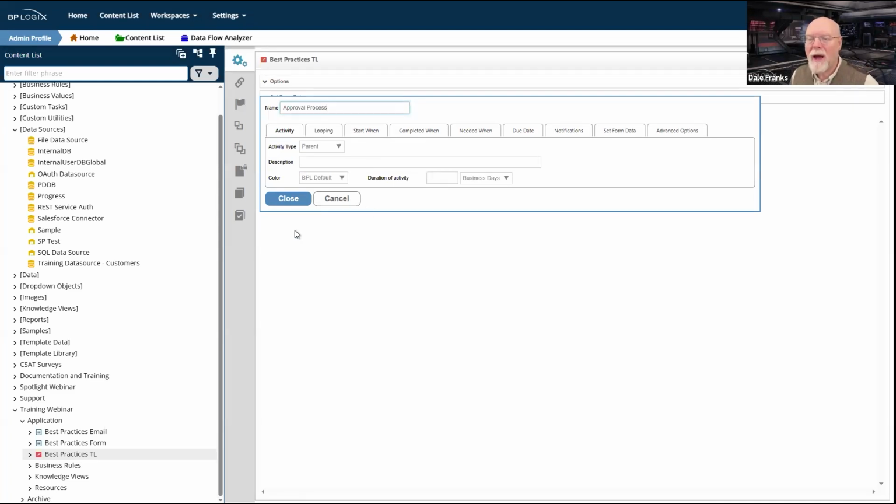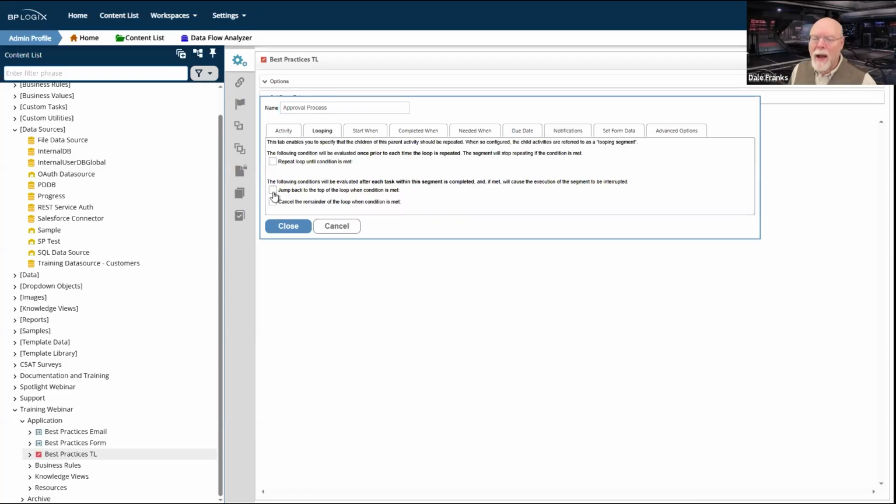And we should always have an approval loop for any sort of multi-level approval, because somebody might disapprove and I've got to be able to handle that disapproval. Somebody might want some more information, so I need to return it to the initial person who submitted the activity or submitted the form. They're going to need to make some changes and resubmit it. So I've got to restart my approval process. The best way of doing that is inside a loop.